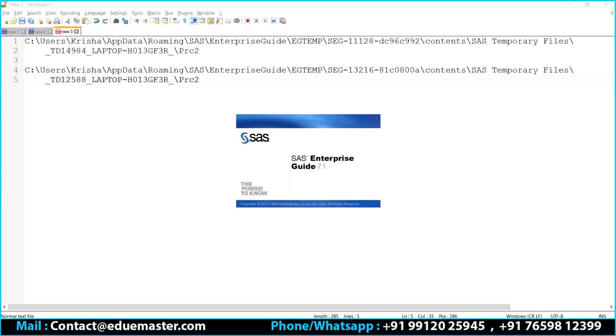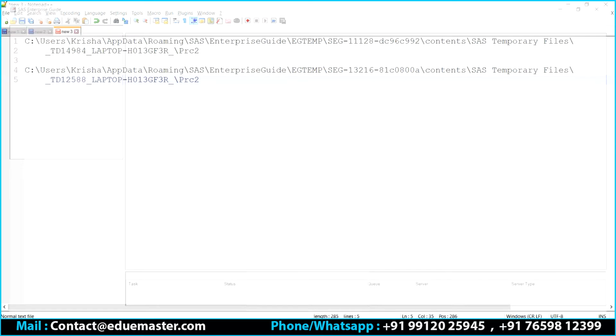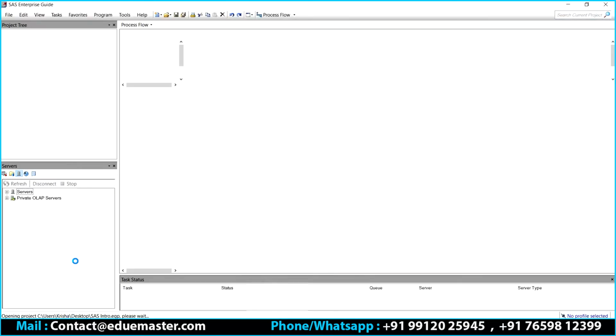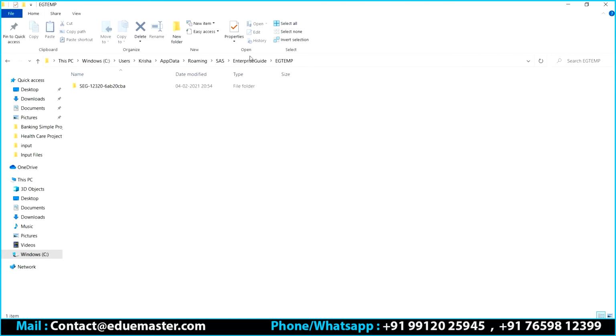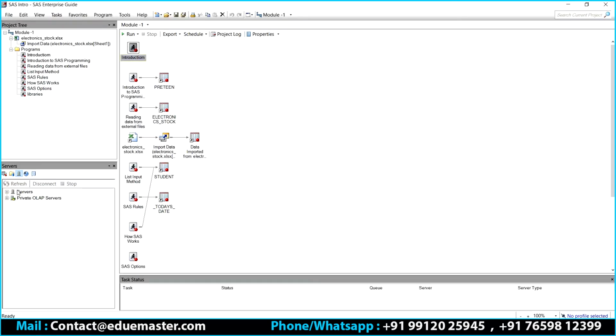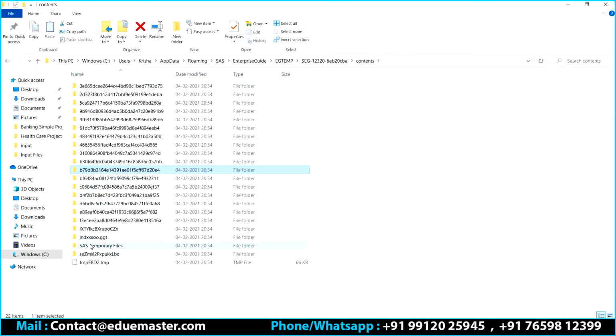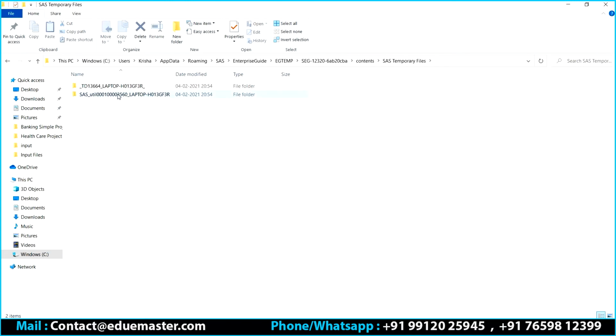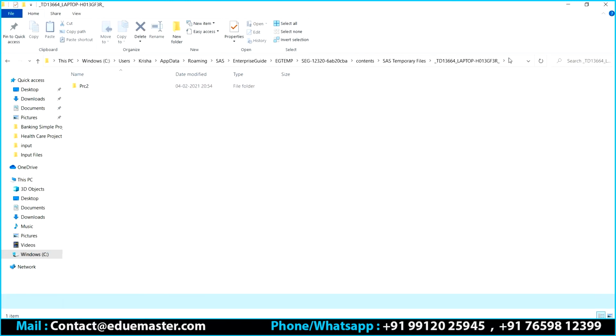When I launch it and come back to this, under the SAS temp, there is something new again. Contents, right? A new thing has happened. Now come back here, go to the local. The moment you enter into the libraries, you can see SAS temporary files is created. This is the new location.